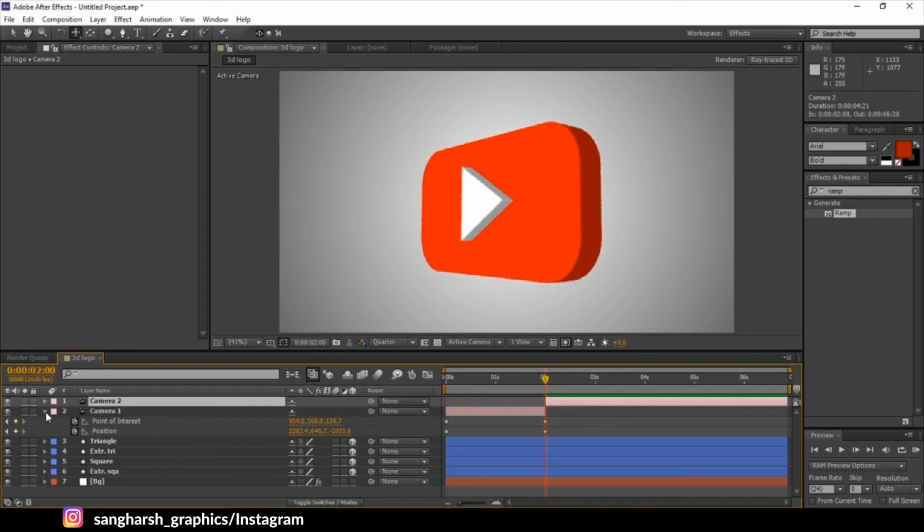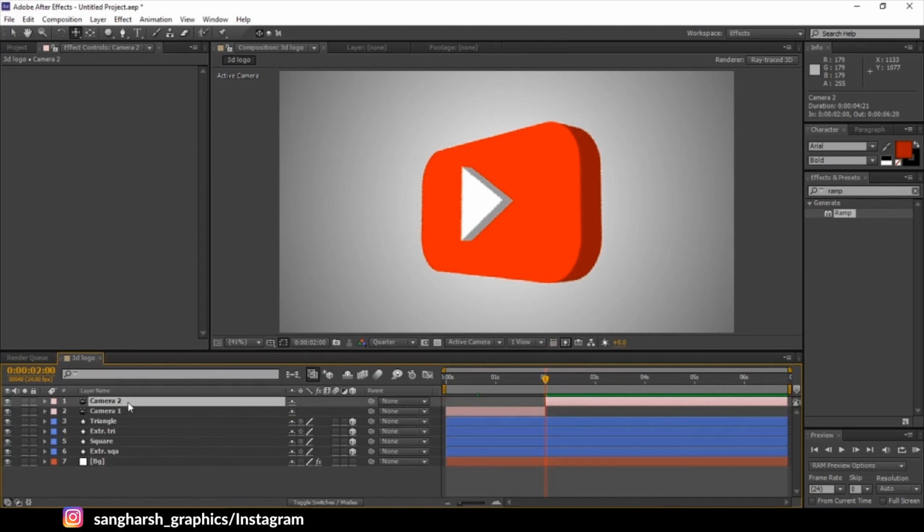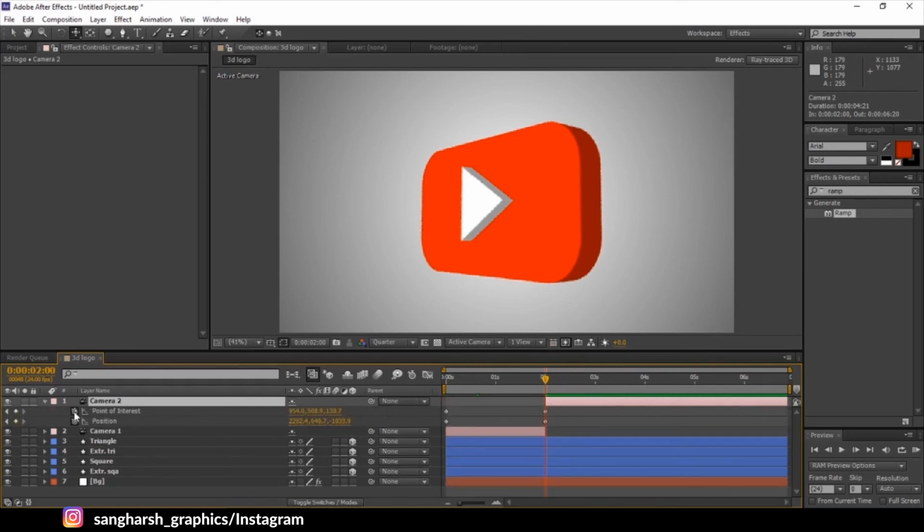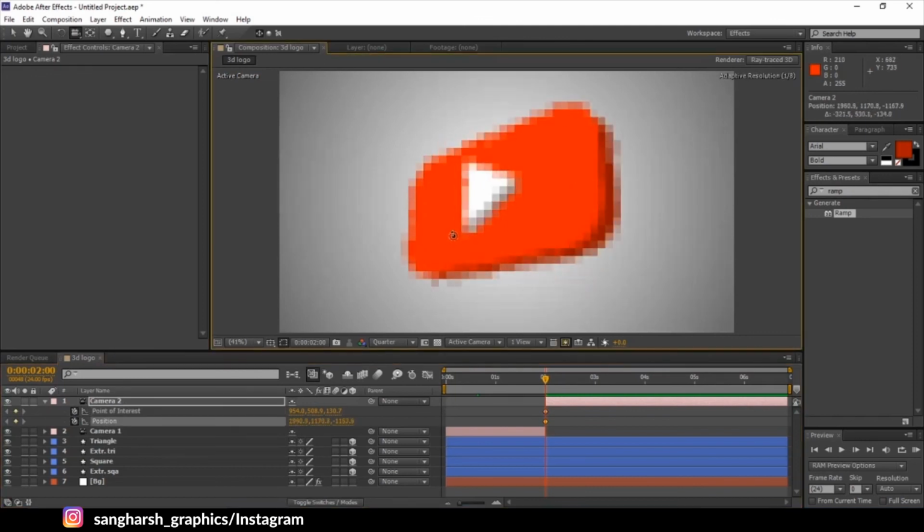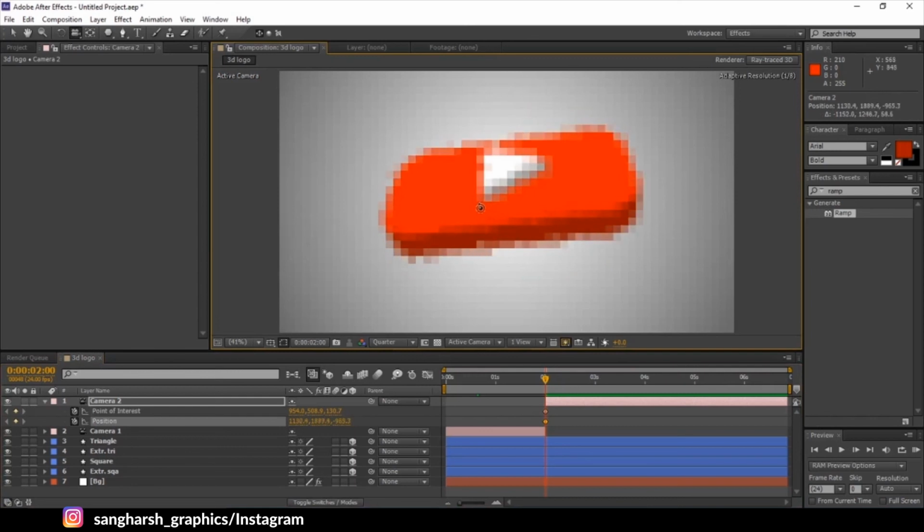And now we will change the camera angle by splitting the camera layer from here and removing its keyframe, because we don't want the first keyframe. You can split any layer by just pressing Ctrl Shift T. It will split the layer at the timeline. Now let's add the second position, and you can animate it any way. Just repeat the process by moving the camera angle.